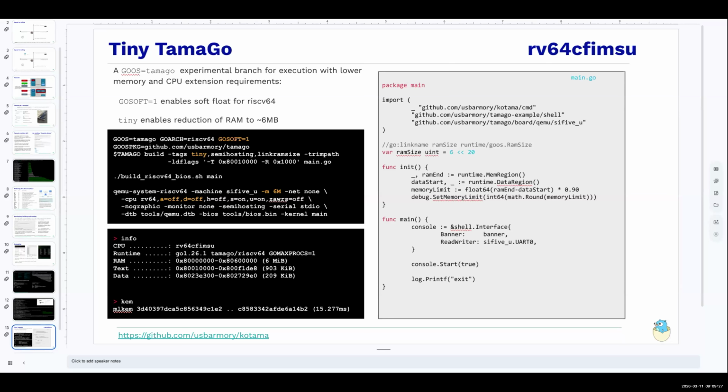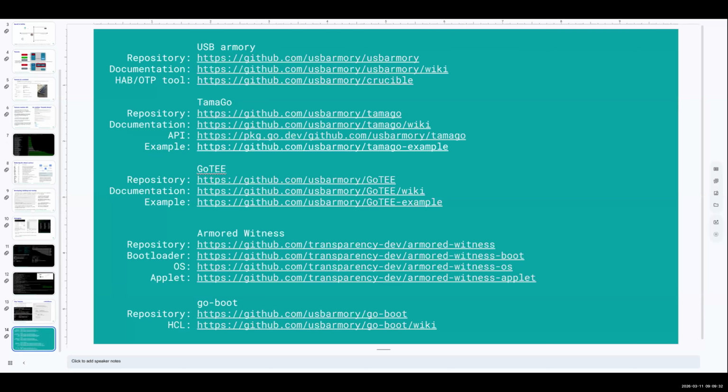So this is one of the recent projects that we published, which is called COTAM. You can find it under the USB Armory repository, because that's the first hardware device that we published. We have the Tamago repository and all the different applications that we built around this ecosystem. We have, again, a bootloader. We have witnesses for the transparency ecosystem. We have a trusted execution environment hypervisor. So there's a variety of examples that show the way Tamago works.